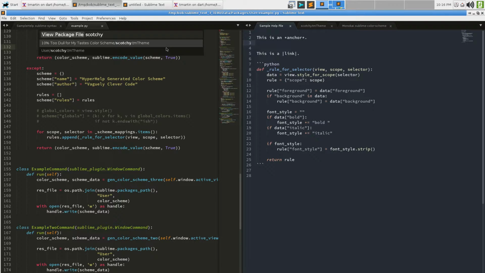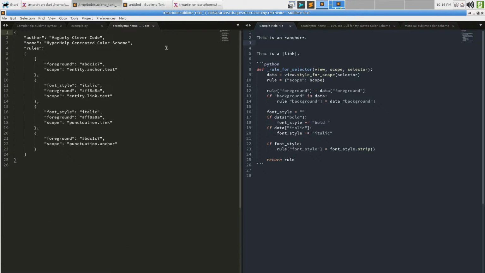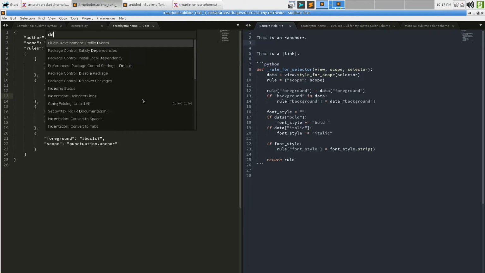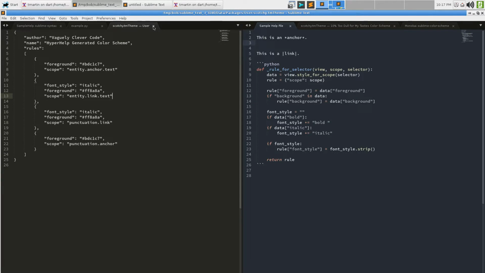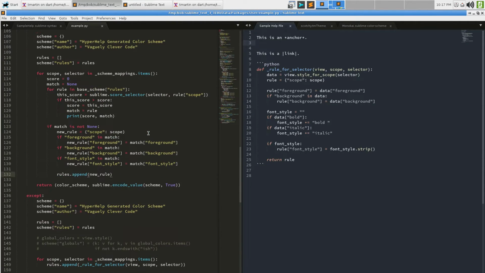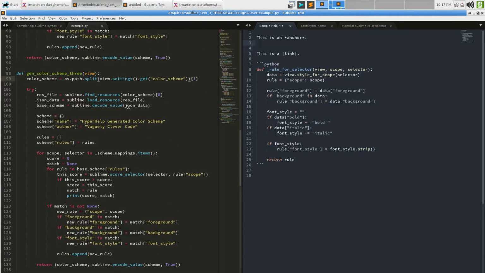Oh, I see. So that is one extra issue that I had forgotten about. It generated the thing like we wanted it to. It's got colors in there, and look, the links are going to be italicized apparently, but it has the wrong extension. So let's, oh, I can't delete that, huh? All right, well, that's neither here nor there. So we need to come back and examine this for just a second.